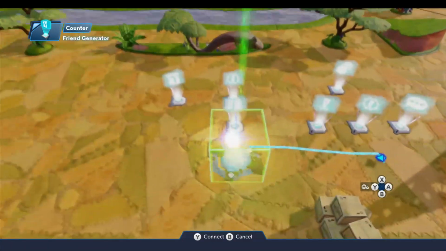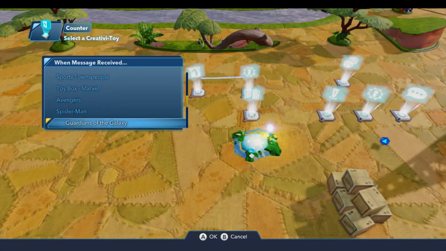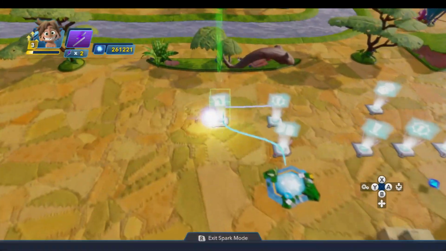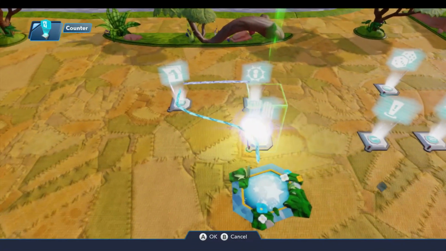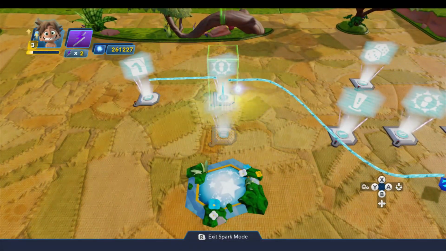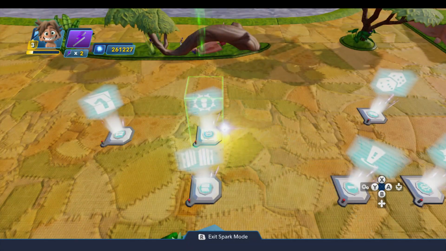We're going to come over here and remove the townsperson. So we'll scroll all the way down and remove all. And the other thing the counter will do, new logic connection when 0 is reached, will open the gate back up so that when another player comes back into this area, we'll put the townsperson back. All right. And that takes care of the